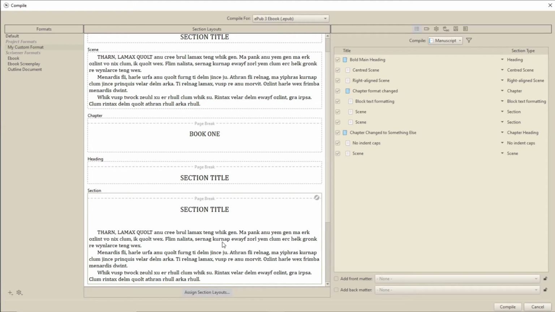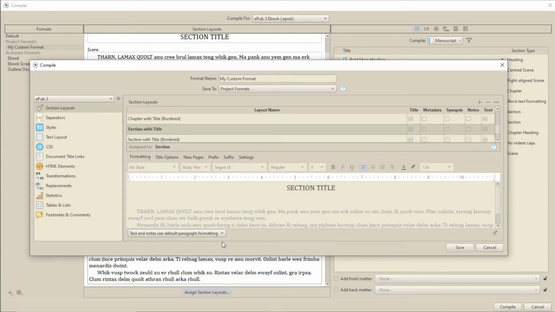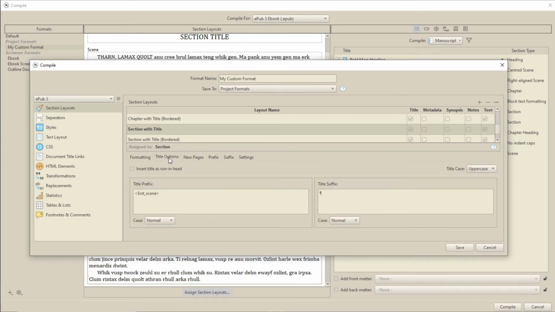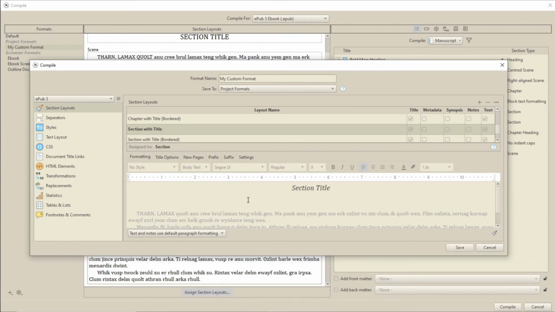Now let's try changing a few things in a text layout. Text layouts are even more restrictive, because options like bold and italic are not something you'd want for a whole section, because they're difficult to read in large portions. I've chosen a layout with a title included here. Obviously, with the title, you can change all the things we changed before.